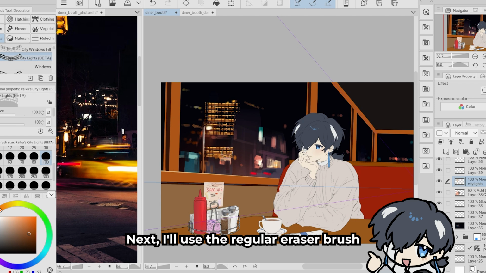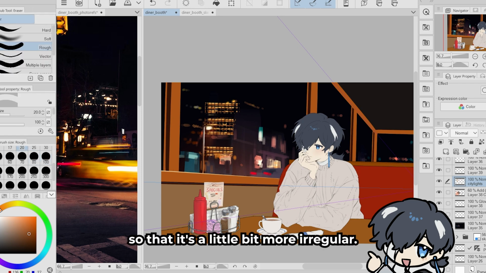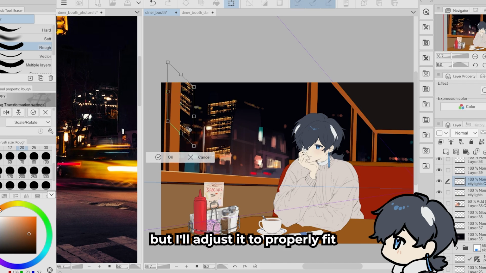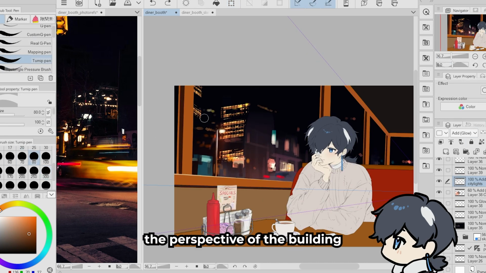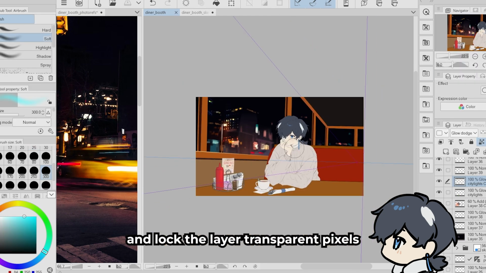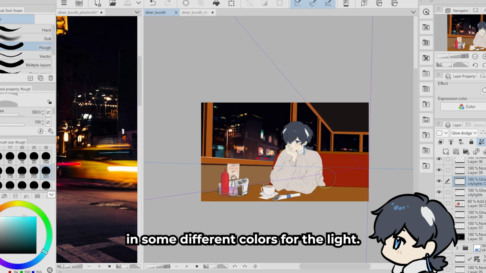Next, I'll use a regular eraser brush to erase some of the windows so that it's a little bit more irregular. It looks a little bit rough at this stage, but I'll adjust it to properly fit the perspective of the building using the transform tool. I'll set the layer to add glow, and lock the layer transparent pixels to start coloring in some different colors